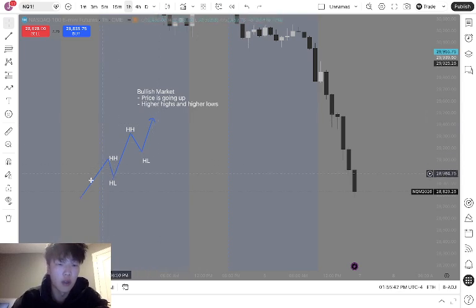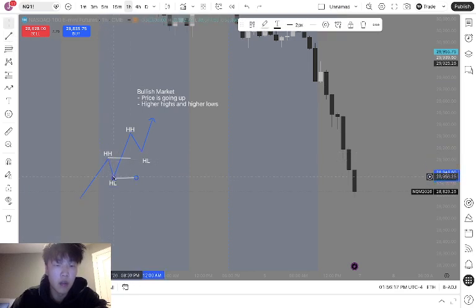So right here, imagine these are the candles. We have higher highs up here because a higher high is when price ended up higher than the previous high. Now we also have higher lows, right, where price ended up higher than the previous low. So if we look here, this is the high on this specific area here. Now, the reason this is a higher high is because this high is higher than this one, right? Pretty self-explanatory. And same thing for these lows, right? This higher low is higher than this lower one over here,